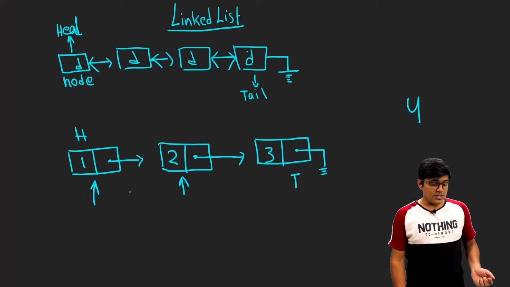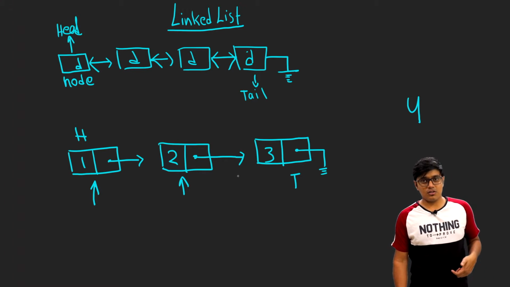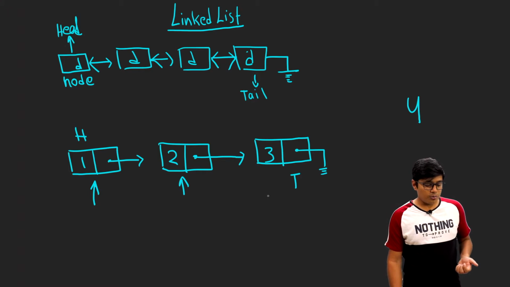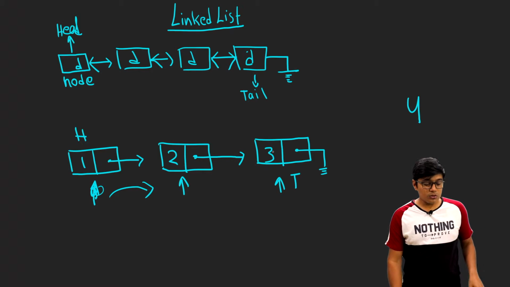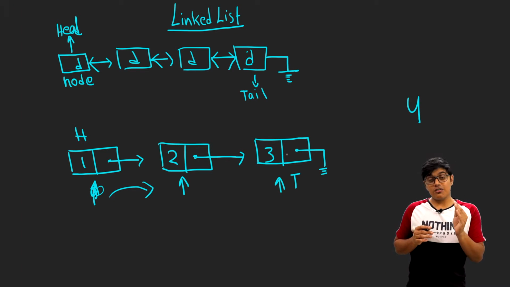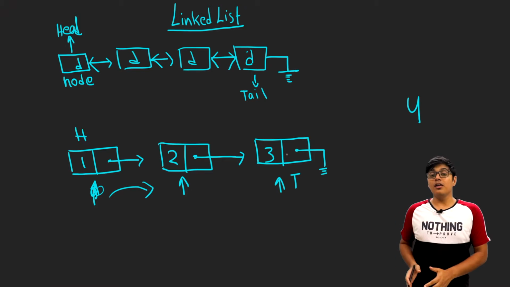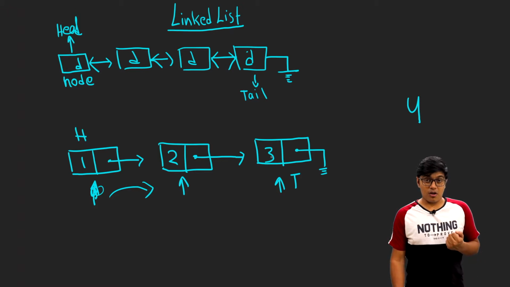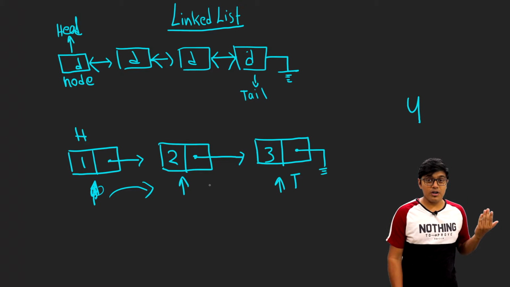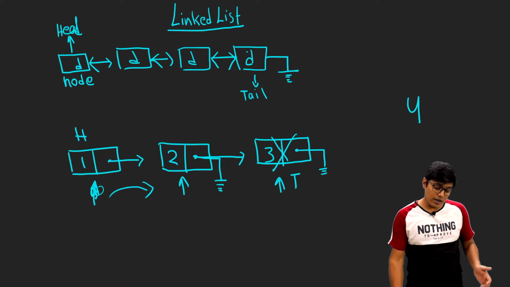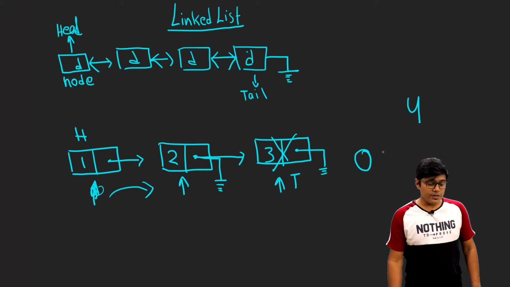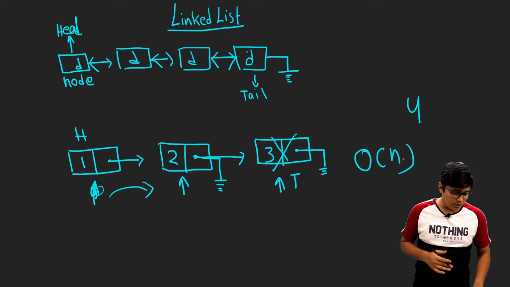And you check, okay, this is not the last, so this next has some value, so you just point to here. Now you want to delete this node. As I already told you, the last node has null as the next. As you already reached the third value and you have the pointer at the second value, you just have to set this value to null, and you just need to clear the value for memory corrections. And again,